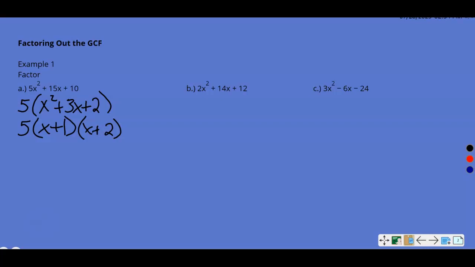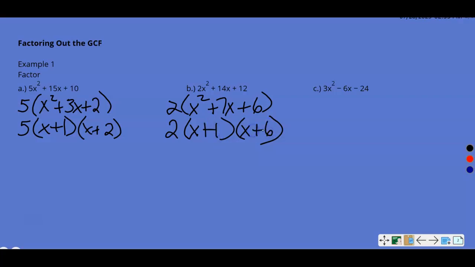All right, B part says 2x squared plus 14x plus 12. Again, hopefully you notice that those are all even numbers, which means you can factor out a 2. 2 will be your greatest common factor. So I've got 2 times x squared. 2 goes into 14x, 7x times, and 2 goes into 12, 6 times. All right, again, I'm going to bring down my 2. That's part of my expression. And I'm going to now factor x squared into x times x. What multiplies to give me 6 and adds to give me 7? So again, 6 and 1. Both of these have to be plus